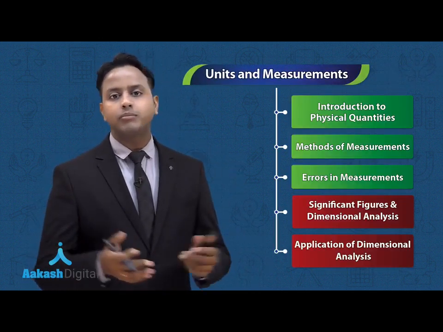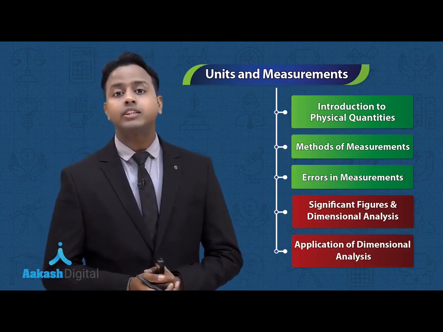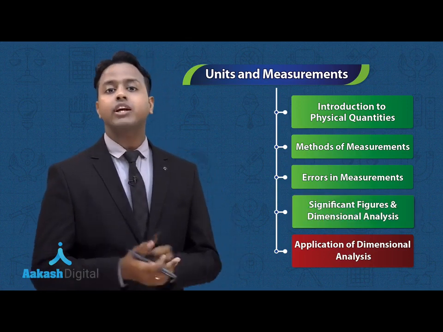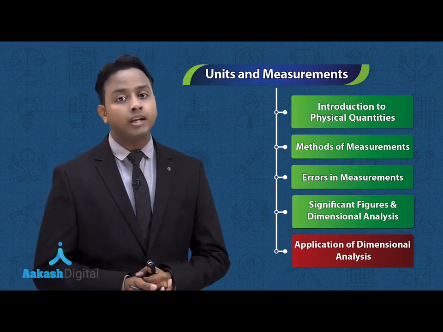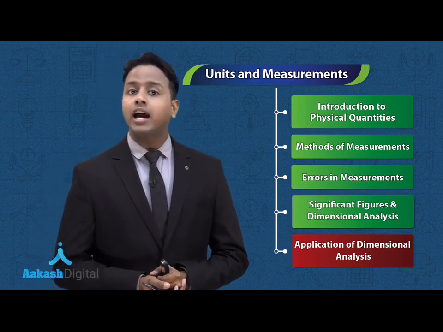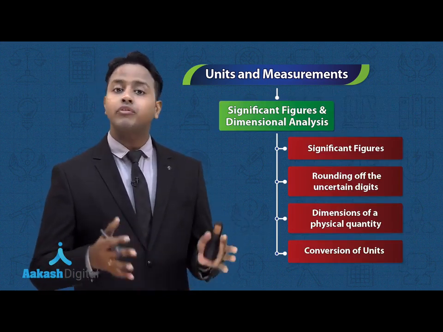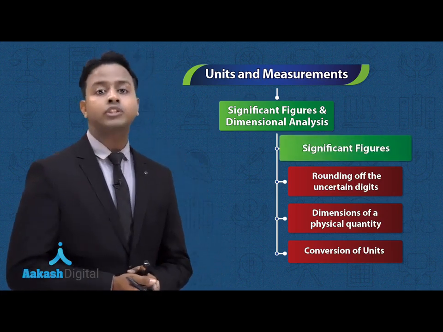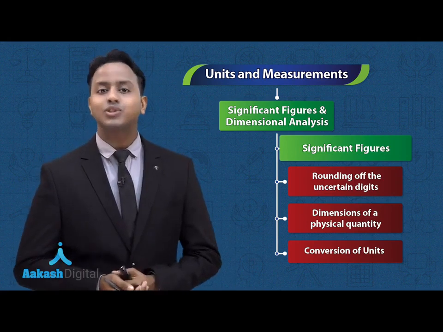As you know, we have started our chapter number 2, that is units and measurement. In this chapter, we have till now discussed the errors in measurements. Now it's time to discuss a very fresh topic of significant figures and rounding off of numbers up to a desired number of significant figures. And also we are going to discuss the dimensional analysis of different physical quantities we have learned so far. So let's pick our first topic of significant digits and see how significant it is to this chapter.